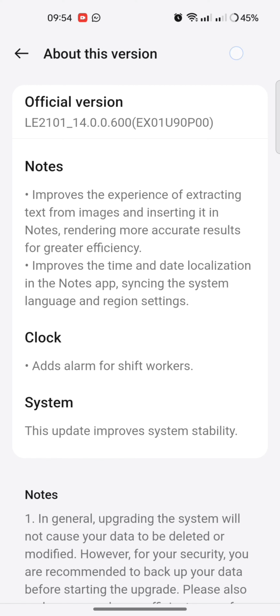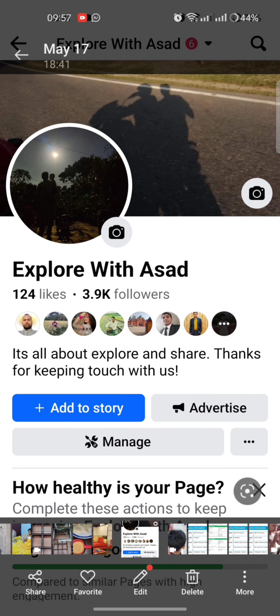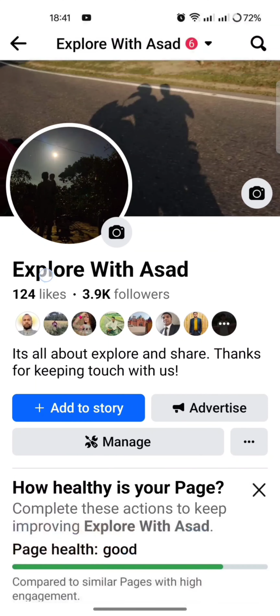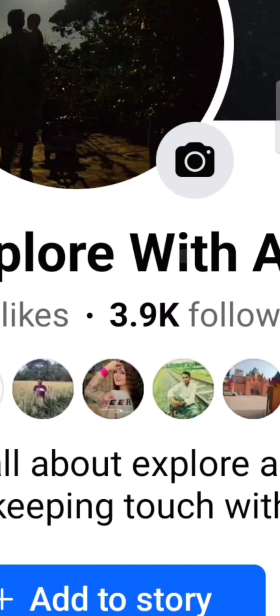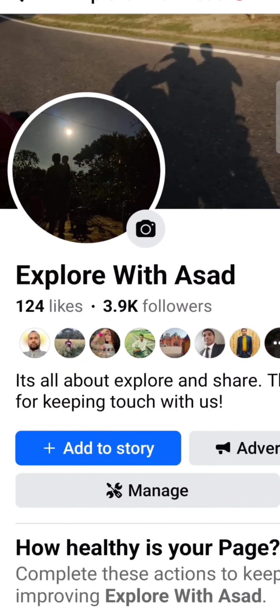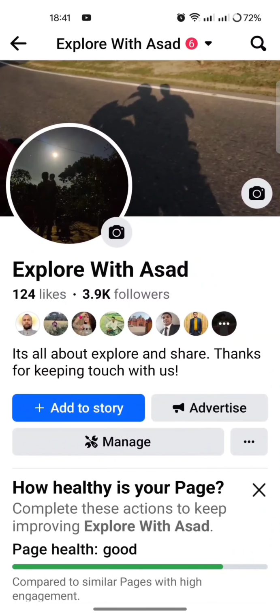Let's try it. Let's try this screenshot. I am holding and pressing it. Nothing is happening here. I really don't know how to extract the text from an image. I have to read the instructions.